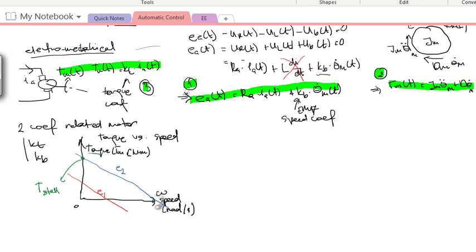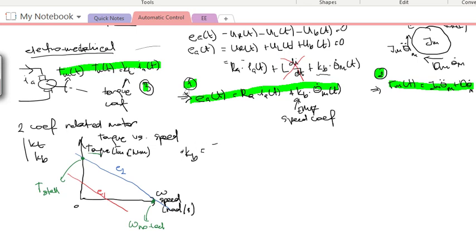Another point that we need to define Kt and Kb is this point, which we call the no load speed. The no load speed is the maximum speed of the motor at voltage E2. It's basically the speed of the motor when you have no load at all, no resistance at all. It is rotating free run. So this T stall and omega no load will help us define what Kb and Kt are. Okay, first Kb. Kb, as we said, is the back EMF coefficient that describes the relation between rotational speed and voltage, right?